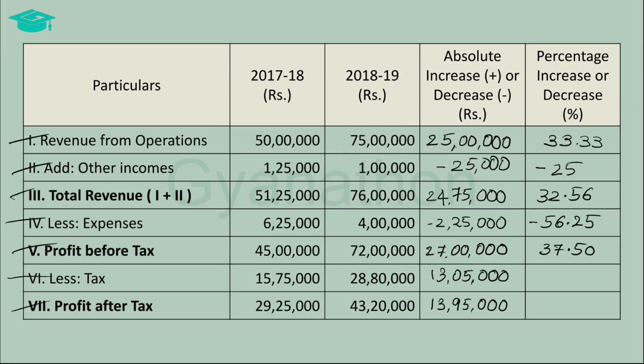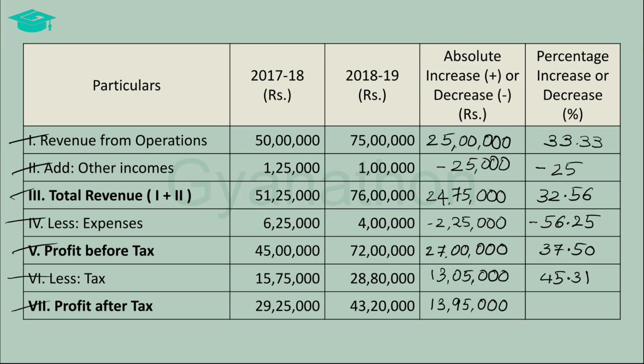The percentage change in the tax outflow is 13 lakh 5,000 divided by 28 lakhs 80,000 multiplied by 100, that is 45.31%. This means that the tax outflow has increased from the year 2017-18 to the year 2018-19 by